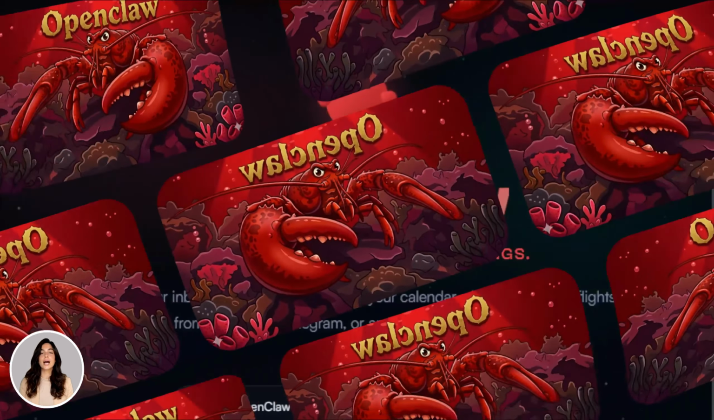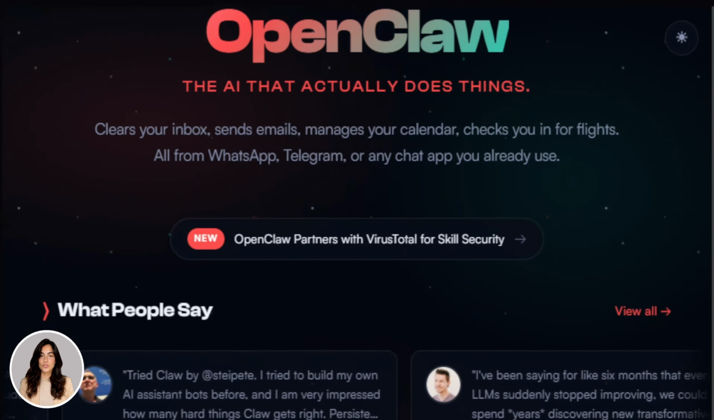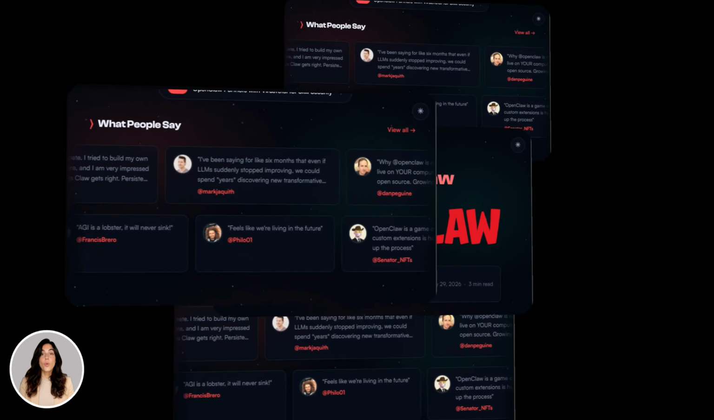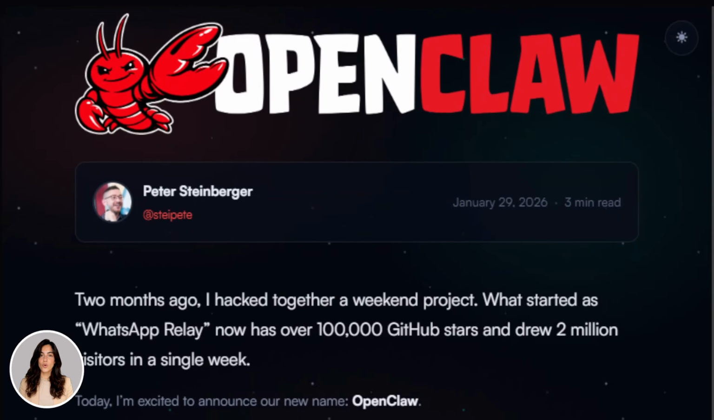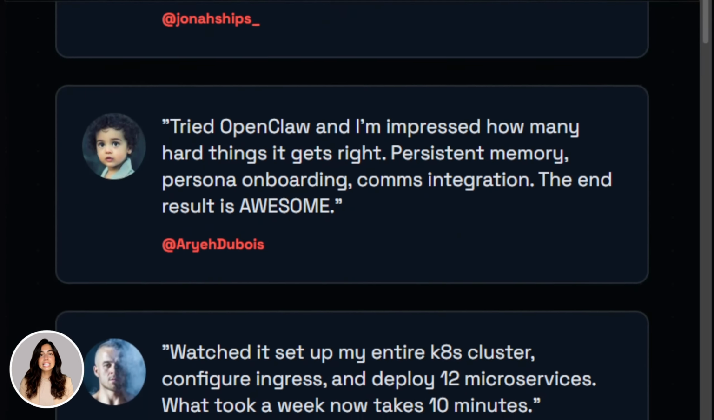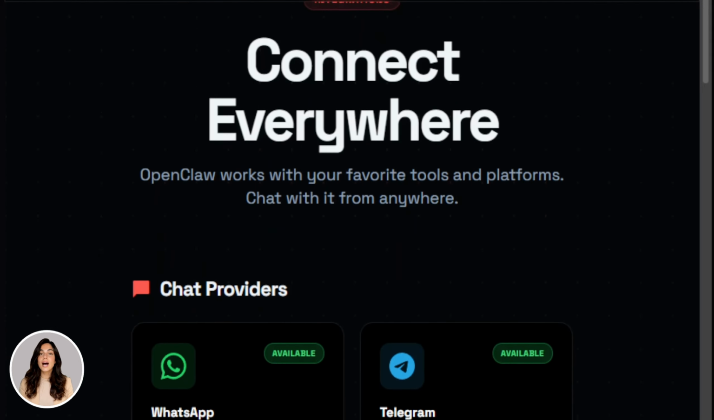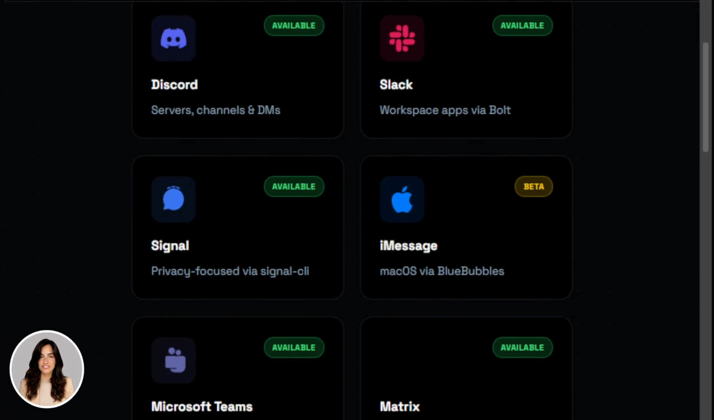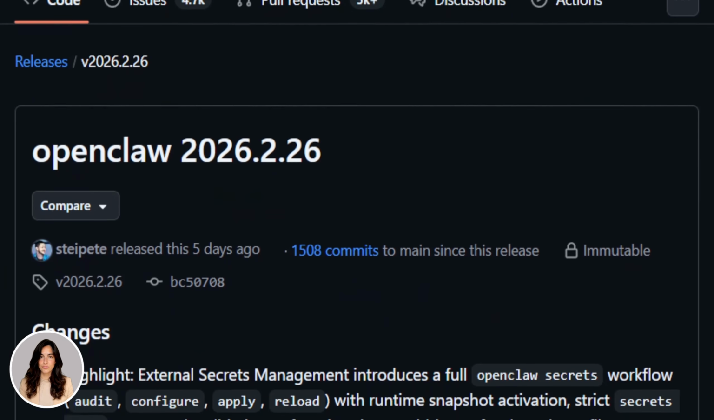OpenClaw new free update. Everything you need to know. You've been setting up AI agents the hard way, storing API keys in the wrong place, agents running slow, security gaps you didn't even know existed, and the whole time a free update was sitting there ready to fix all of it. OpenClaw just dropped version